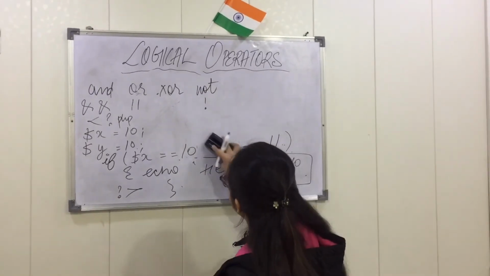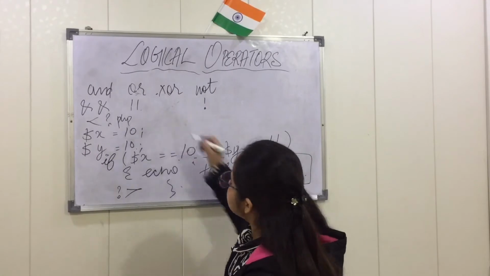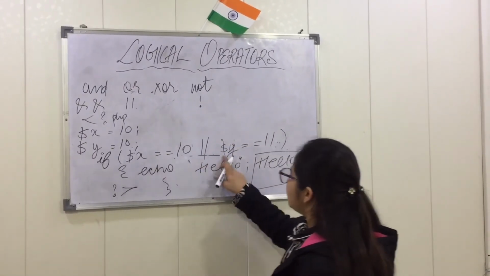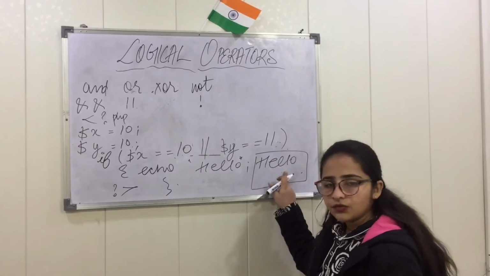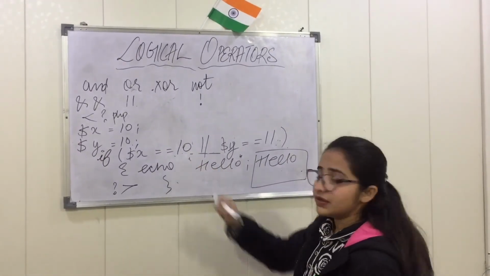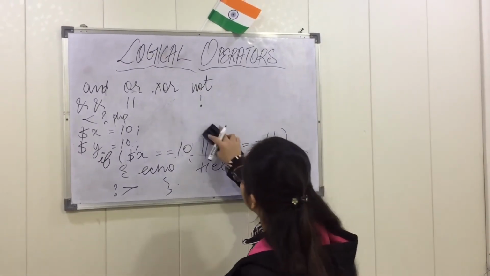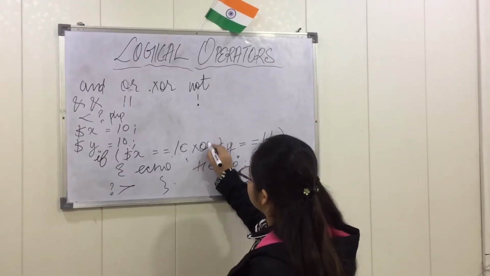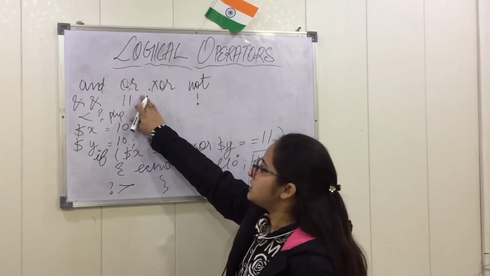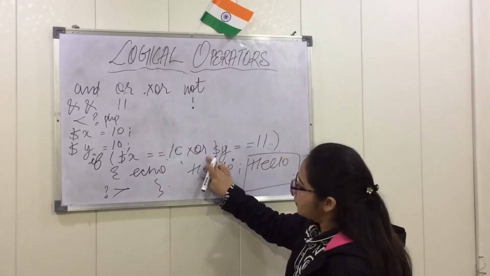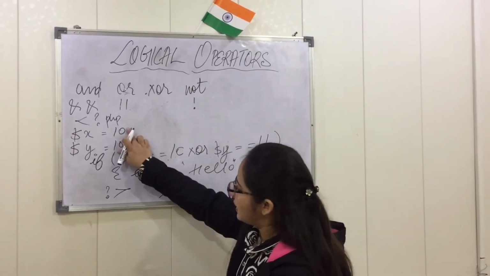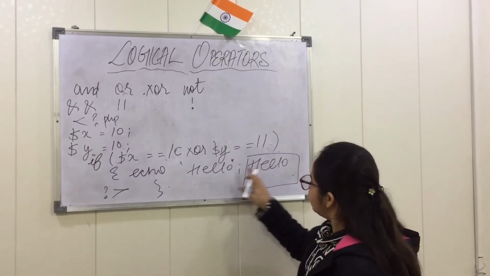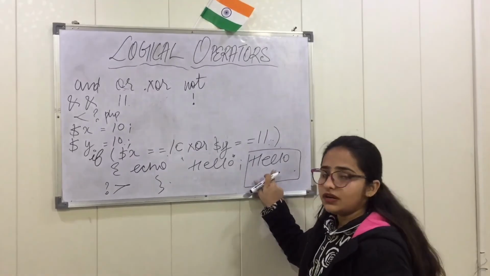Now we are talking about the OR syntax, that is this. This is also the same as the OR function and it will display the value hello because one statement is true. Suppose I am talking about the next syntax, that is XOR, which is the same as the OR statement, but the syntax is different. Suppose my first value is the same but the second is not, but even then the echo function will display hello, that is our output.